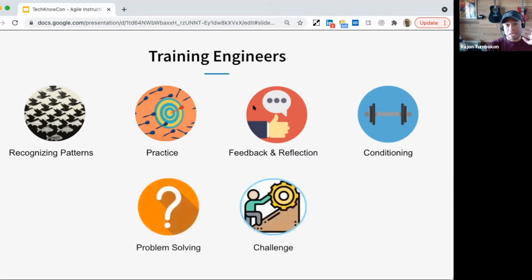All right. Now, for training engineers, I like to optimize for what really helps motivate those engineers and feel rewarded. Some of those things are including elements of problem solving. Problem solving really helps engineers tap into their DNA of what they enjoy. These are things like experimenting, trial and error, reverse engineering, figuring out how things work. So that's problem solving.